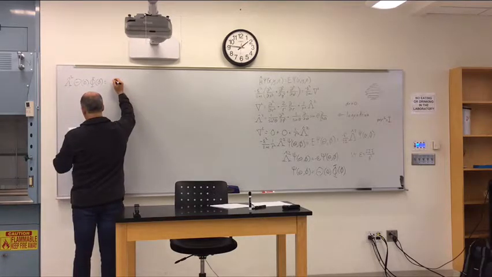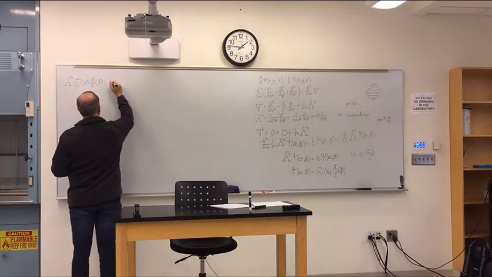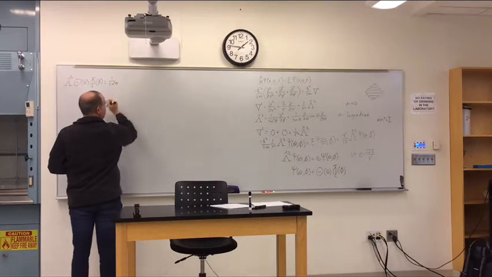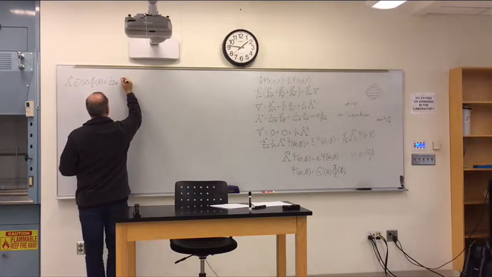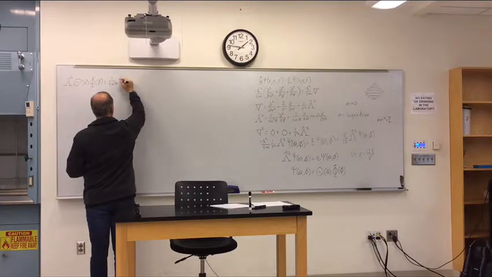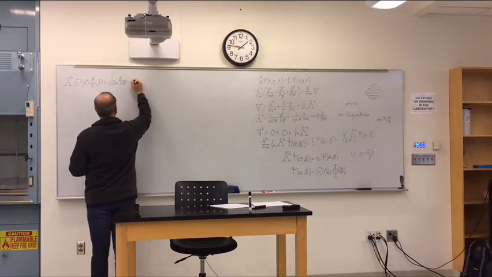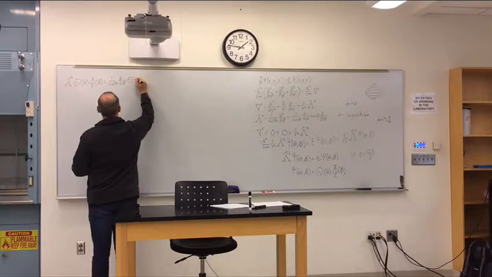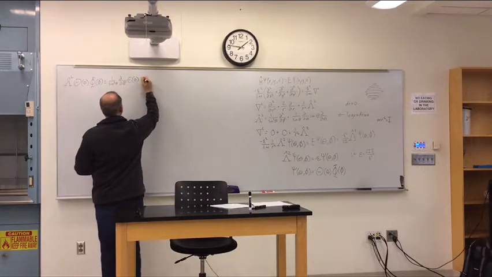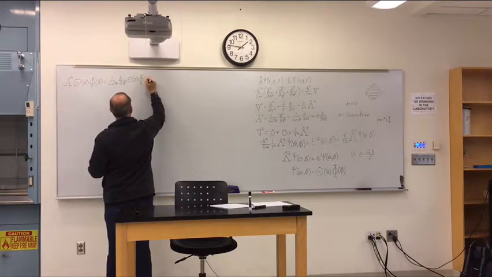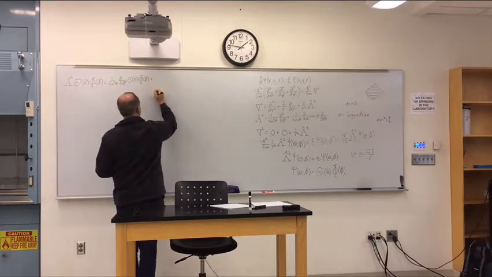So this will give us 1 over sine theta squared, partial derivative of phi squared, plus